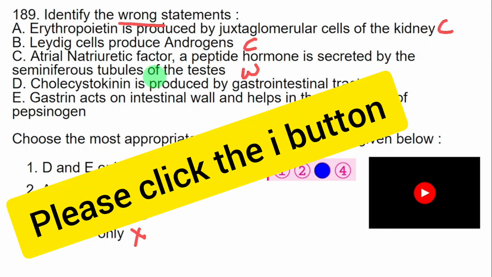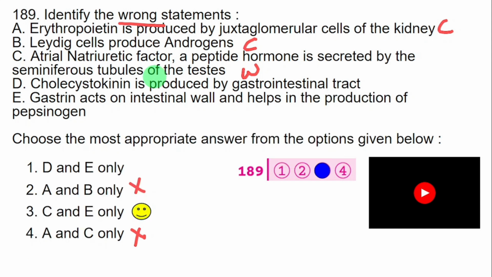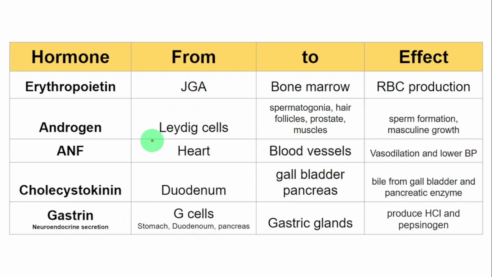So if you check the video on how to attempt section B of zoology paper, I have skipped this question just to show you that you can go for other options wherein you can save time. So if you get an opportunity to avoid a multi-statement question, please avoid it. So let's understand about all these hormones. I have tabulated the information regarding each and every hormone asked in this question.